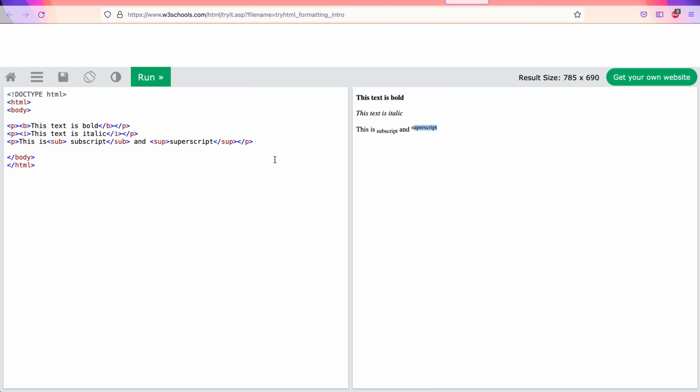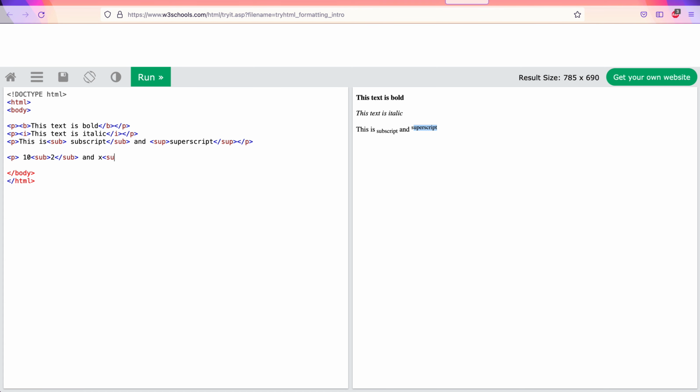Let's see how we can show 10 base 2 and x square. So we'll say 10, subscript 2, we'll close the tag, and x square.